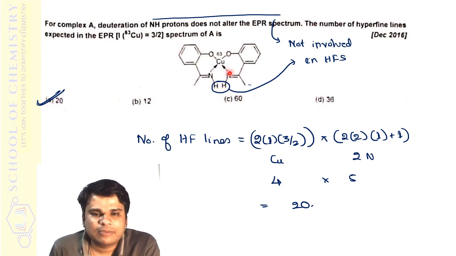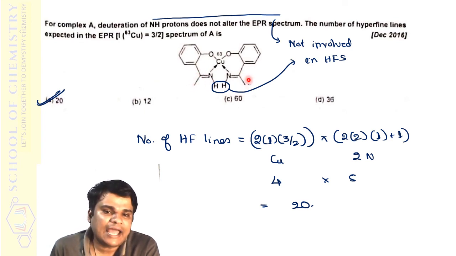Now, which nuclei will couple? Considering copper, yes, the unpaired electron is present on copper, so it has to involve in hyperfine splitting. Oxygen, I value 0, it will not involve. Nitrogen, yes, definitely it can involve, right? If you had hydrogen here, you should be careful. That would have involved in hyperfine splitting, but here they have shown that it is